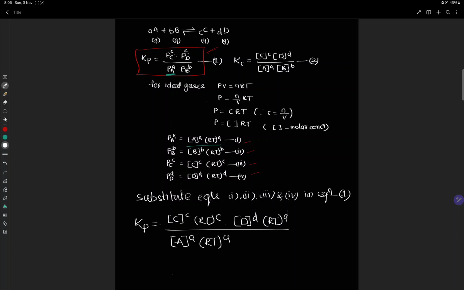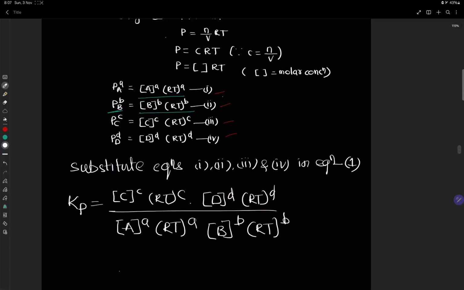Instead of partial pressure of B power b, what you can write, molar concentration of B power b into RT power b. Okay, then